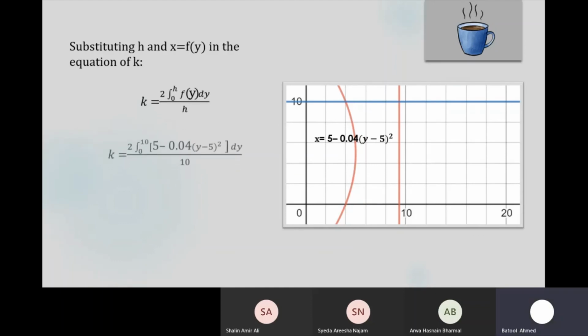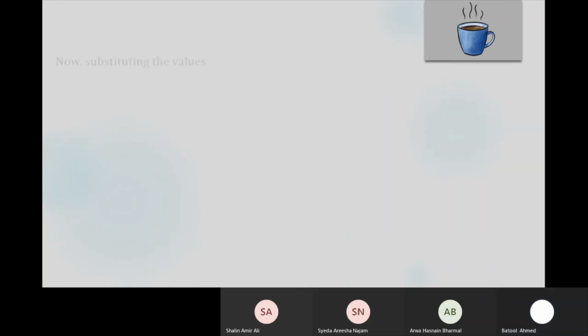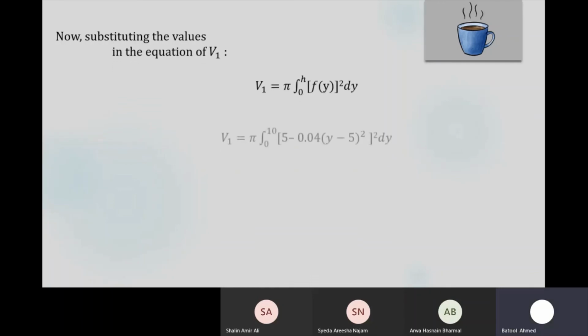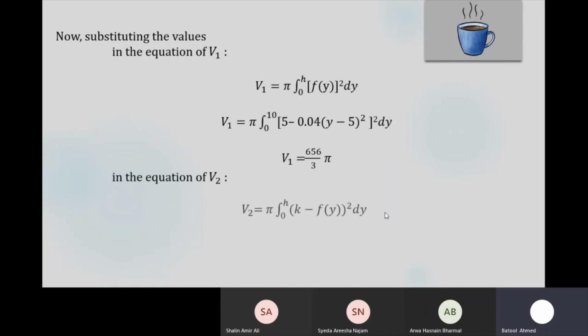Doing so, we find that k is equal to 28 over 3. We will leave it in its fractional form for the sake of accuracy. Now, we will substitute our values in the equations of the volume which were derived in task 1 and task 3. Doing so, we find that V1 is equal to 656 pi over 3. Similarly,